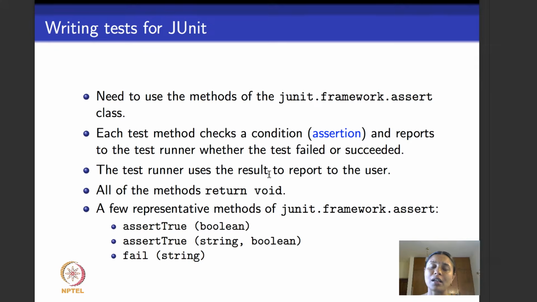The test runner method uses the result of this assertion failing or passing to be able to report the result to the end user. And here are some examples of how asserts run. So it is present in